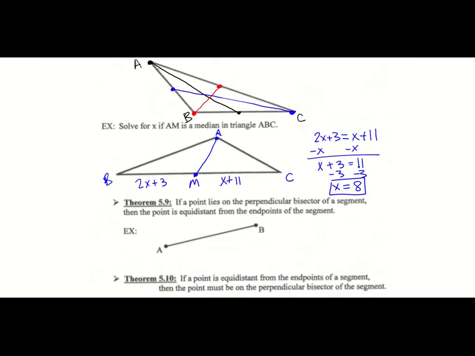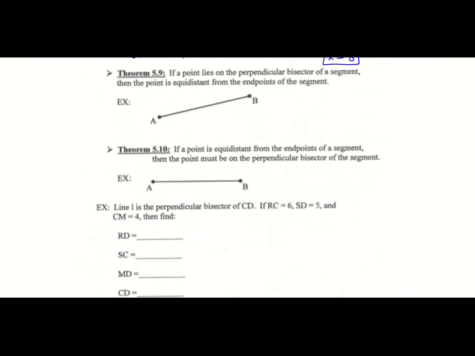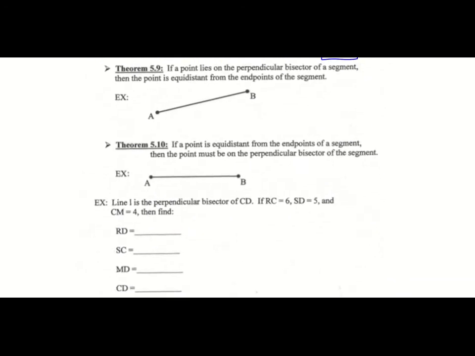Okay, so those are the altitude and medians of a triangle. Now we're going to talk about perpendicular bisectors. For this example, I'm actually going to redraw this line, so I just want you to ignore this line, and we're going to redraw it over here. So if we have a segment AB,